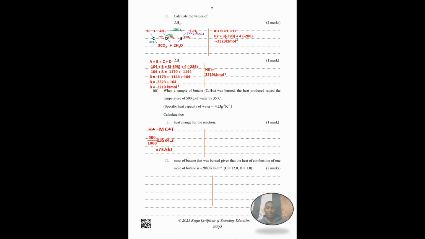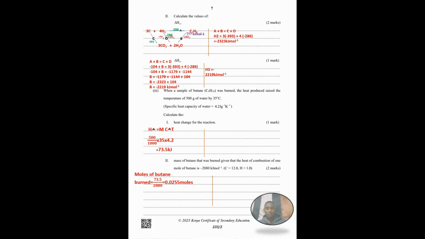In Roman 2 of the same question, we calculate the mass of butane that was burnt, given that the heat of combustion of 1 mole of butane is negative 2880 kilojoules per mole. So in this case, we have to start by looking at the number of moles in the energy that we have already determined. Now that we have 1 mole for this one, so 1 mole is in 2880. What about our 73.5 kilojoules? And you're able to get our moles as